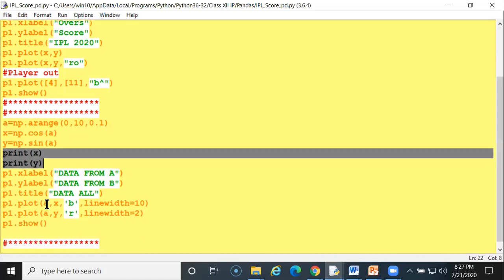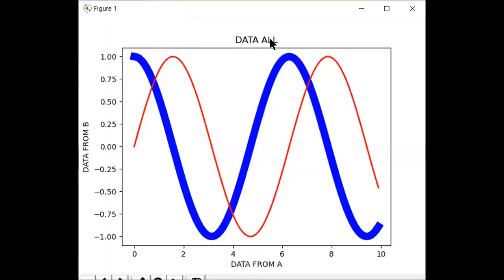Now I have to label the second one, which was the thick one. So data form A, data form B, all data, that is a title, which is the thick graph that was showing over there, that will be displayed. That is why it is viewed as a thick line over here. So all data form A, data form B. You can see the title over here. So you can create a small program. Within a small program, you can visualize your data with different categories of charts.